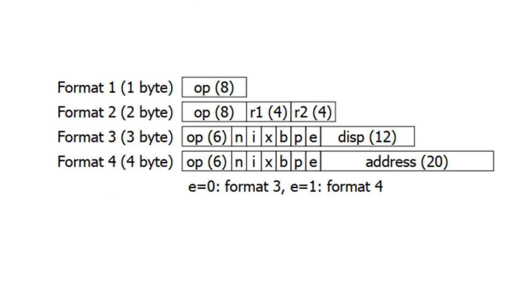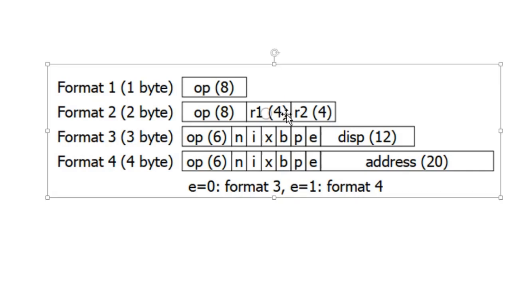Format 2 will contain 8 bits of opcode along with 2 registers. If you remember, while giving the register names, I have specified a table which also contains a number associated with each register. That number represented in 4 bits is shown here. So in format 2 we can specify 2 registers